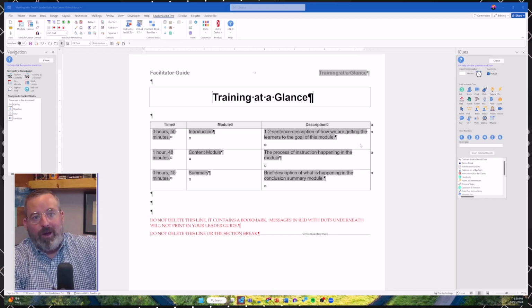Reason I bring this up: when we click the training at a glance, this gets built out. It's going to help at a high-level scope, but it also is the feeder for the next feature I want to make sure you're taking advantage of with LeaderGuide Pro, which is, amazingly enough, creating agendas. For the agenda feature to work, you have to have a training at a glance,